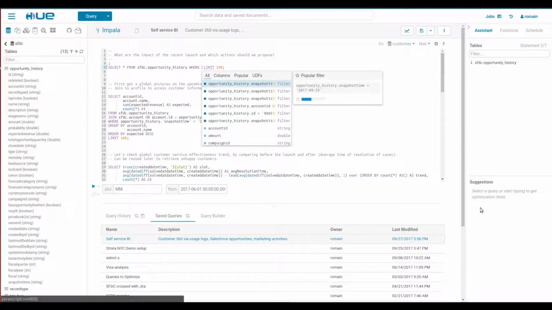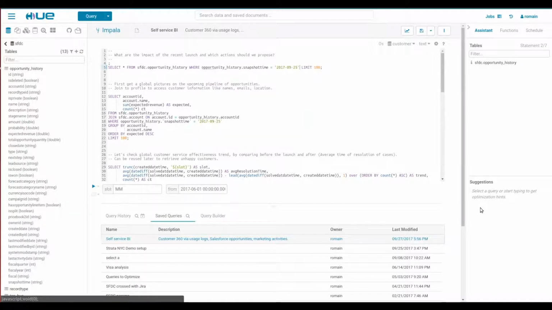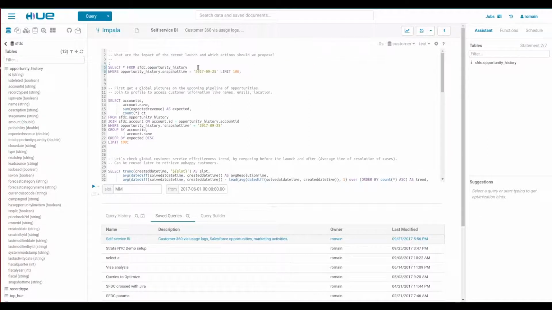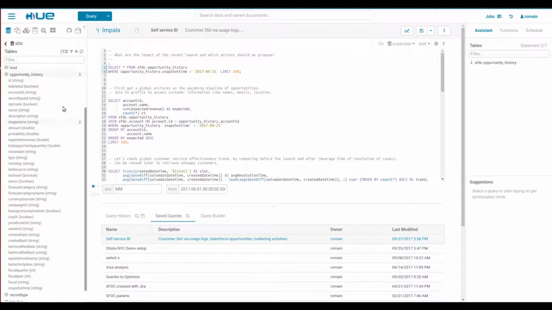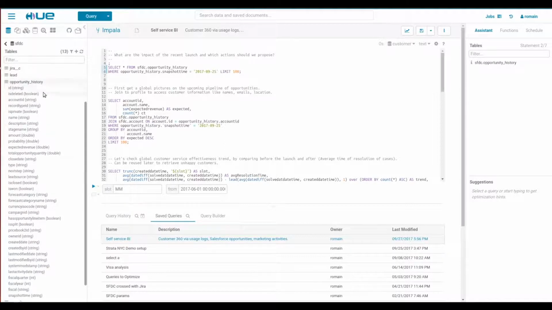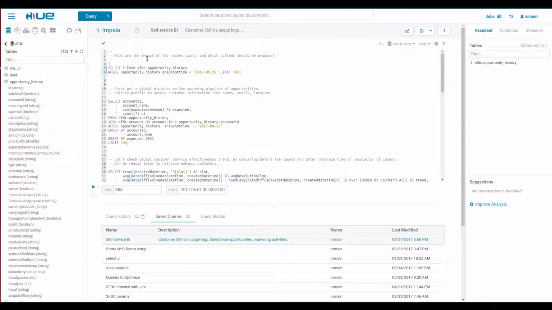So here we need to pick one of the snapshots. We are getting popular snapshots. If there were no popular values available, it would populate the partition columns or even the most popular columns to filter on. So here I'm just picking the first one. And you can see this is a lot of columns. In practice, I have 40. In practice, it's really more like 400.